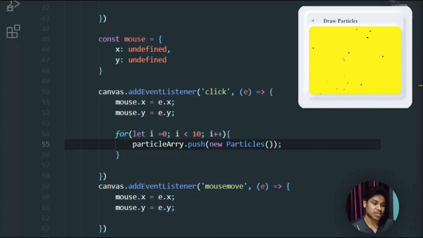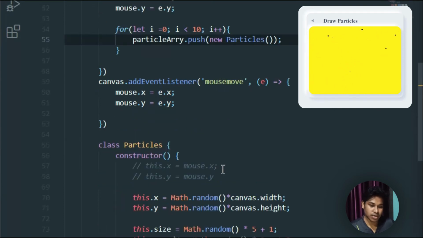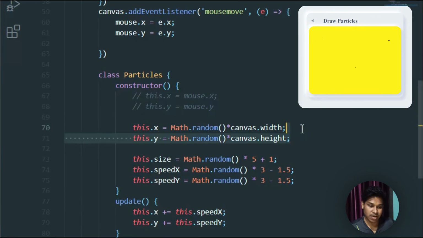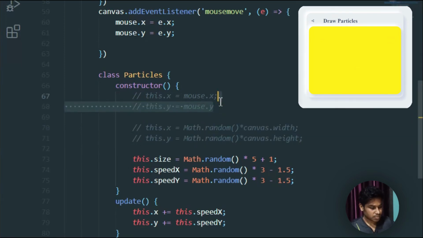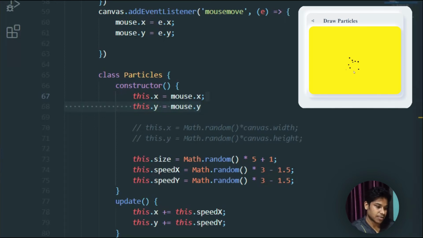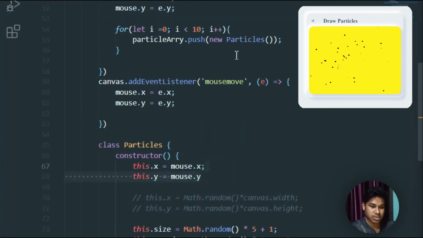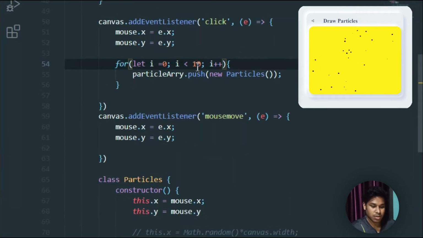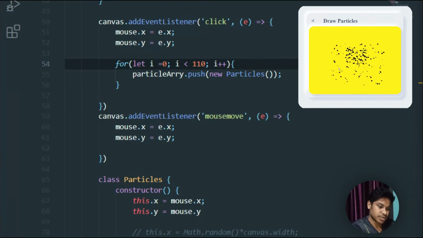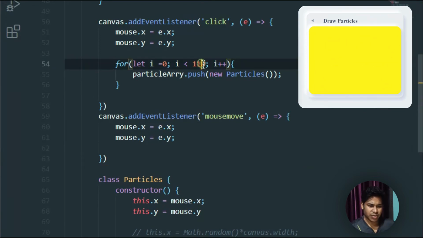Why is it happening? Why is it not getting created under my mouse? Because here I have to change this value. I have to uncomment this part, so this function I have to activate. On the click, I want to define the position under the mouse. So I'll click here, and it will generate 10 particles under my mouse. Wherever I click, it will generate 10 particles. I can simply increase this number to 110, and the moment I do that, it will generate 110 particles. So let me just make it 10,